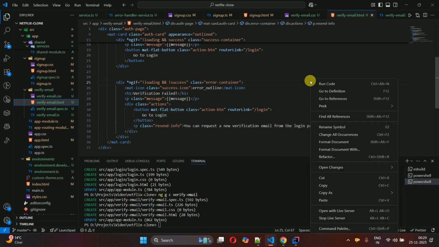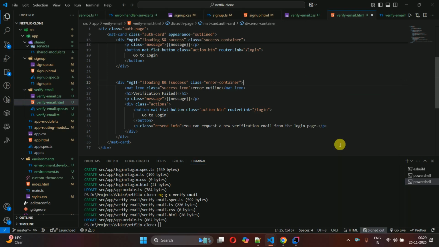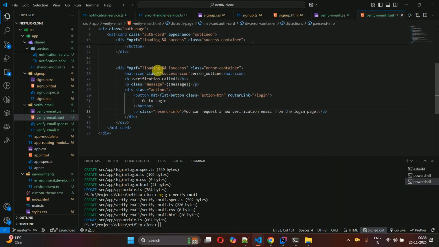Now save this. Now if you want to format, you can do it. Now here we have to just change this one mat icon to error icon,